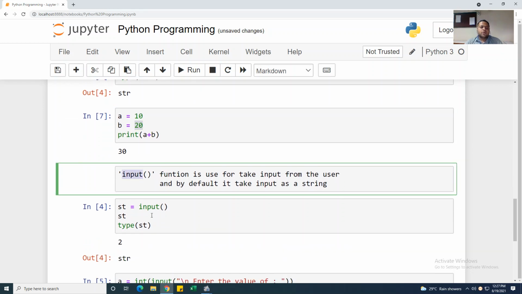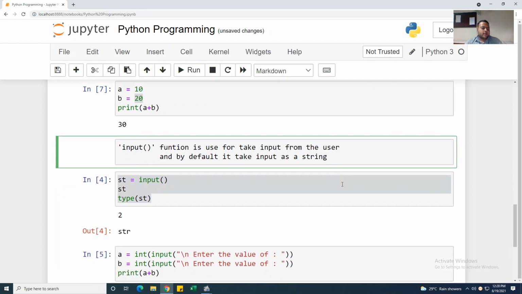Okay, now input. You use scanf to retrieve a value from the user side, right? Now we are using input in Python. It is a function used to take input from the user side. I already mentioned it in markdown mode. So this is the advantage of having this Jupyter notebook: you can write notes in the Jupyter notebook as well as the code.